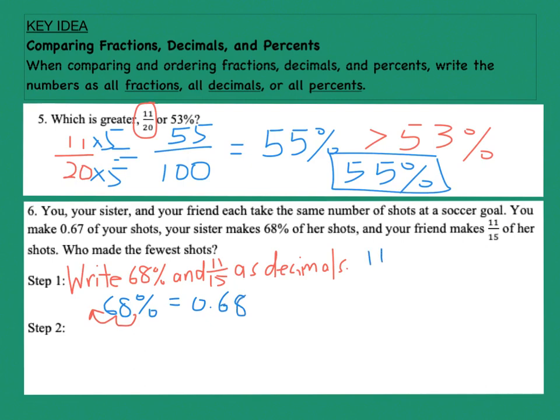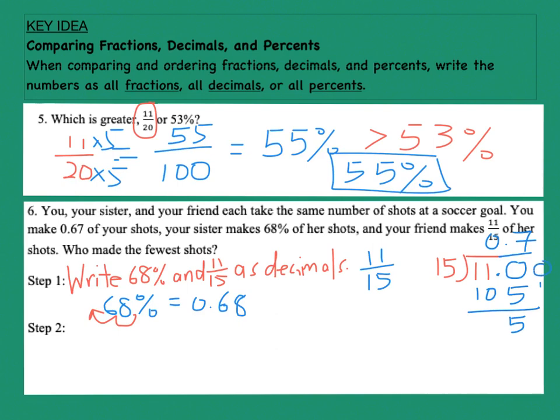For 11 over 15, we can't express the denominator as 100 because 15 is not a factor of 100. We will have to apply long division to get the decimal form of this number. We know that 15 doesn't go into 11, so we need to borrow another decimal place. So 110 divided by 15, that would be 7. And 7 times 15 will be 70 plus 35, that will be 105. And if you subtract this, you end up with